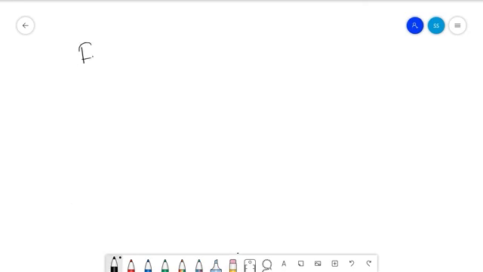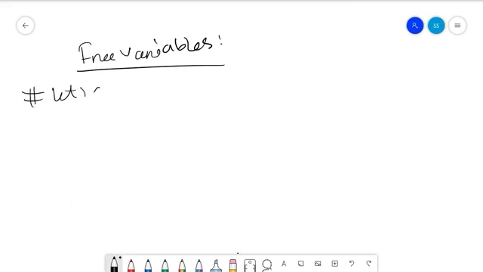So now we want to talk about free variables. So let's say we have a linear system that consists of 4 variables and 3 equations, that is a 4 cross 3 system,